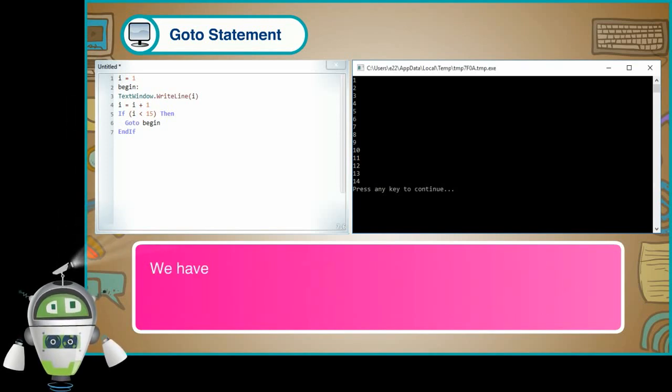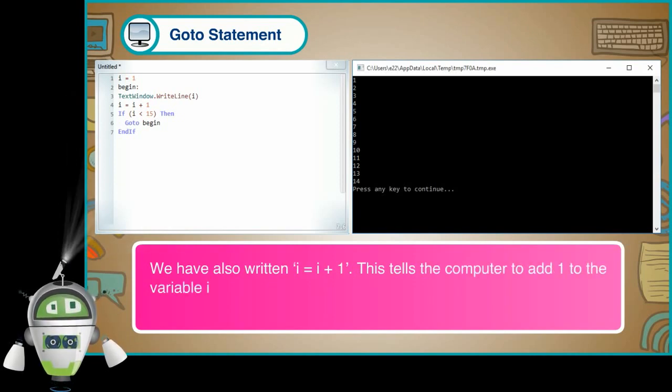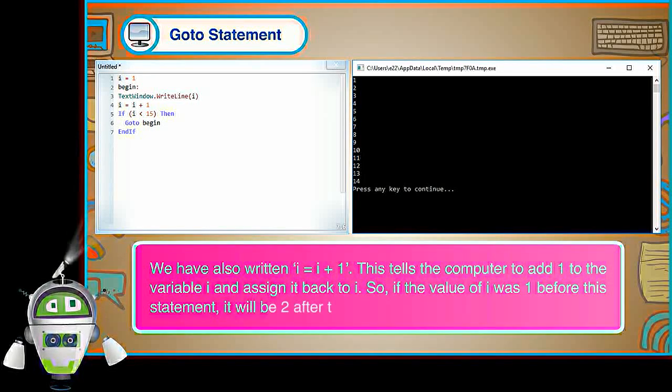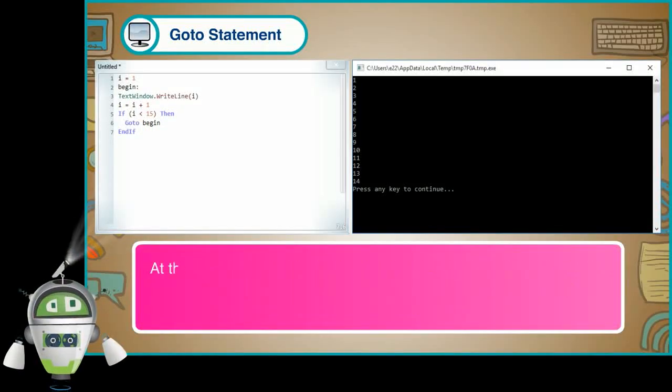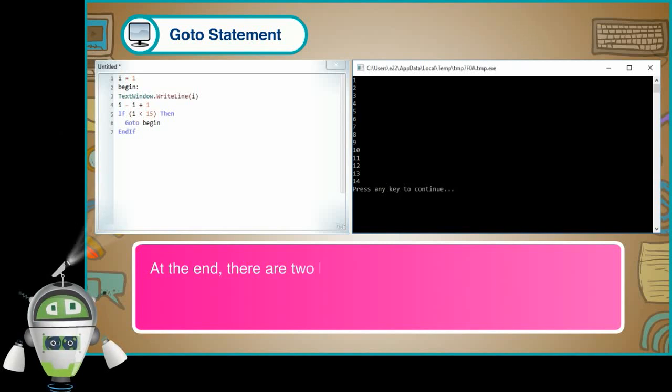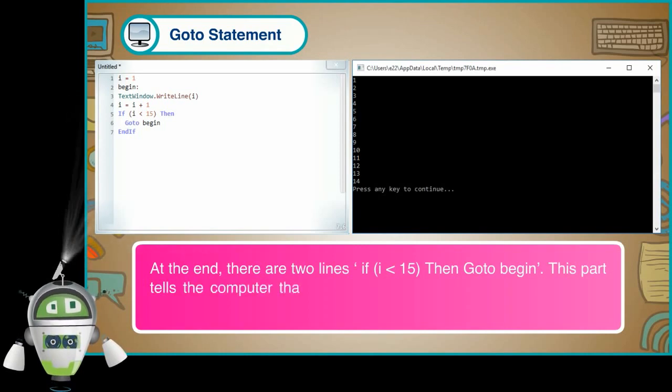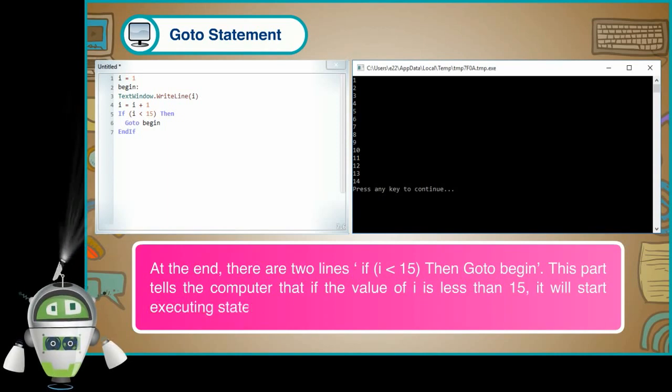We've also written I = I + 1. This tells the computer to add 1 to the variable I and assign it back to I. So, if the value of I was 1 before this statement, it will be 2 after this statement is run. At the end, there are 2 lines: if I < 15, then Goto begin. This part tells the computer that if the value of I is less than 15, it will start executing statements